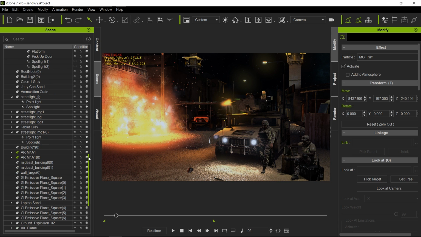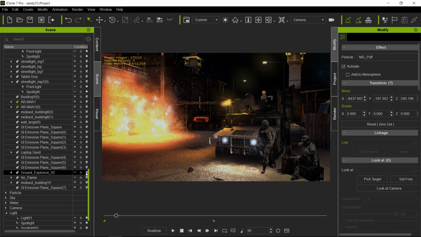We have 3 particle setups: a ground explosion, air flame, and then some flames. I think it's called hellfire, which comes with default iClone. So I'm combining all those 3, and the trick here is when you select the particle, you've got to make sure